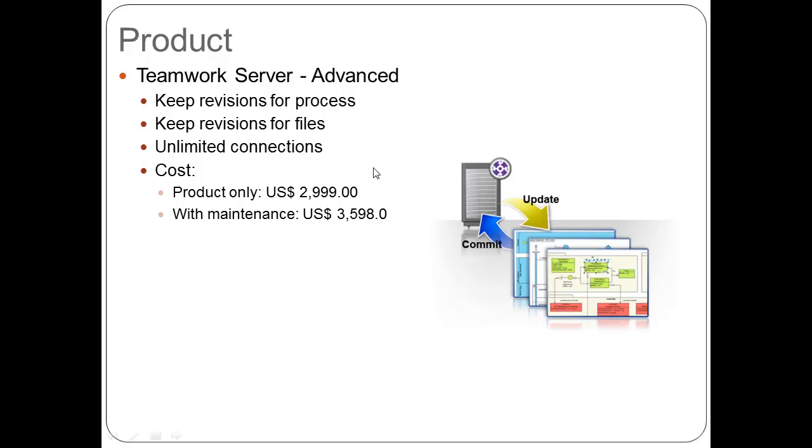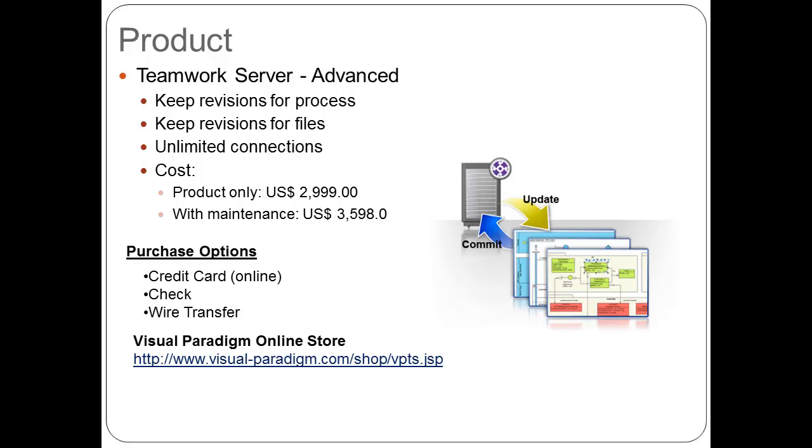The Teamwork Server Advanced Edition is just $2,999, or you can purchase it with one year of maintenance for around $3,600. It includes the upgrades and technical support. And same as BPVA, you can purchase with online credit card, by check, and by wire transfer. And please visit the online store on our home site /shop/vpts.jsp. And by the way, this Teamwork Server Advanced Edition will be released in the middle to late of